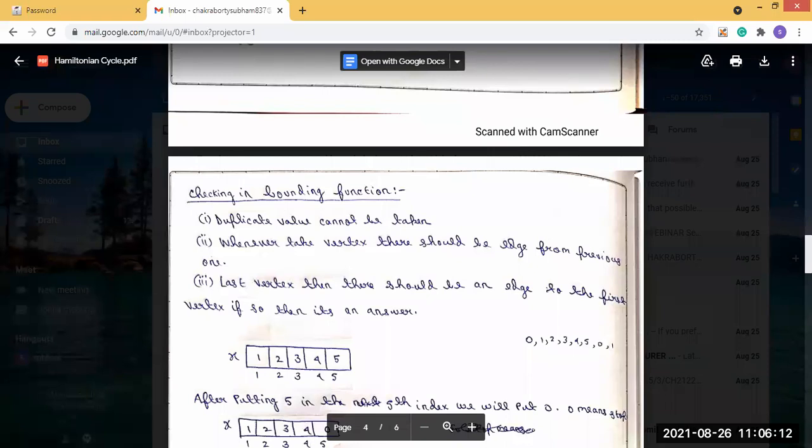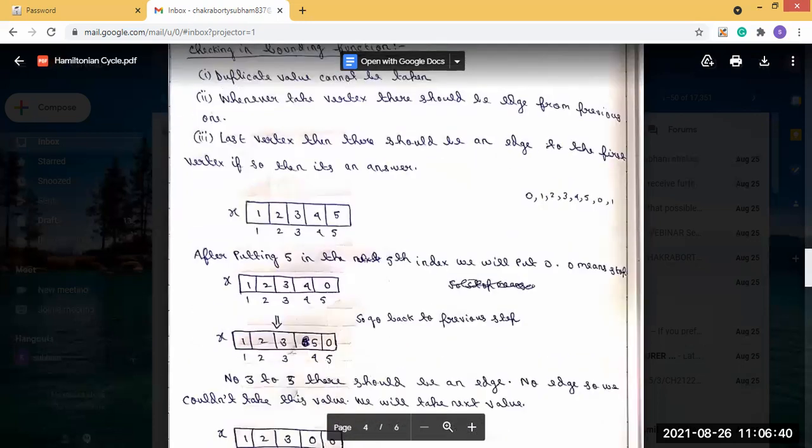But we know that we have to check multiple cycles, because we already saw that there can be multiple cycles present in a graph. So we do not stop here. Now here we already got a cycle, but we will not stop, and we will check whether other cycles are possible or not. So let's say we have already reached here. Our array is like this till now.